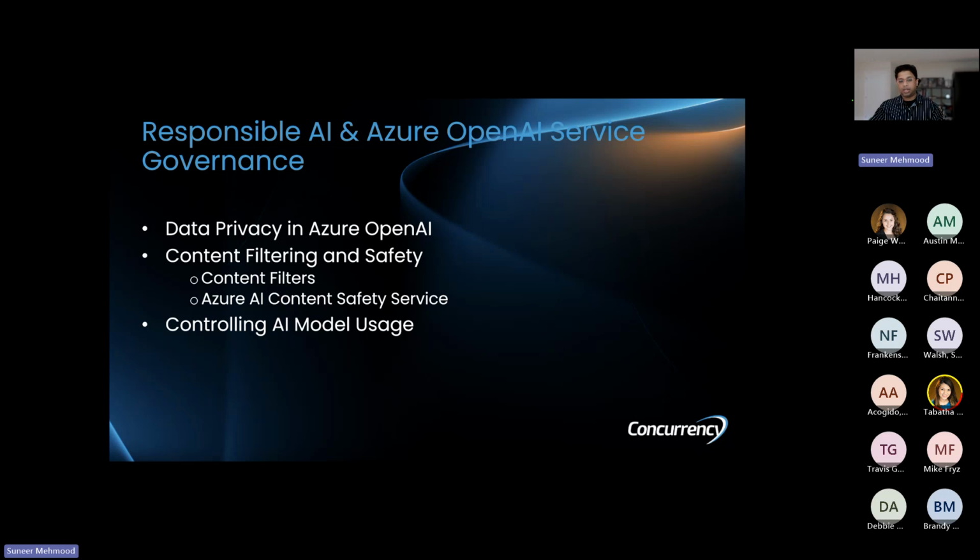There is also another aspect: you might want to have content filters, right? You might want to avoid any hate speech, or you might want to make sure that there is no profanity or any undesirable content as an output of your model, right? There are content filters available within Azure, so that you can tweak the knobs of different sensitivity levels, and let the model adhere to that, right?